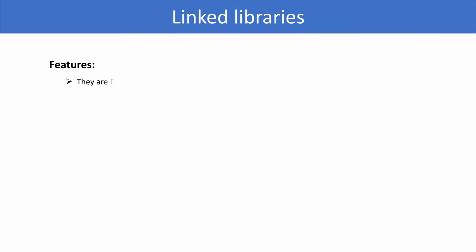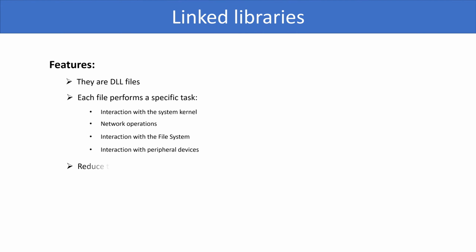Now, we're delving into the study of imported libraries. They are files with the extension DLL and contain executable code. But what are they for and what benefit do they bring? Library files enable the execution of specific actions, such as network interaction, processing of graphical objects, interfacing with the file system, and more. All these files are already present in Windows, so programmers don't need to write new code when